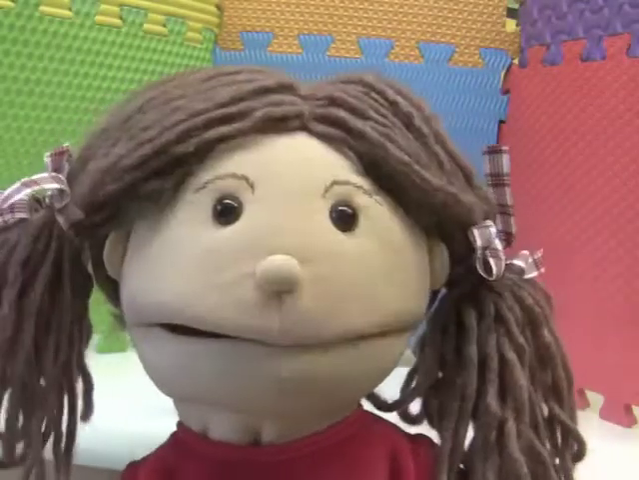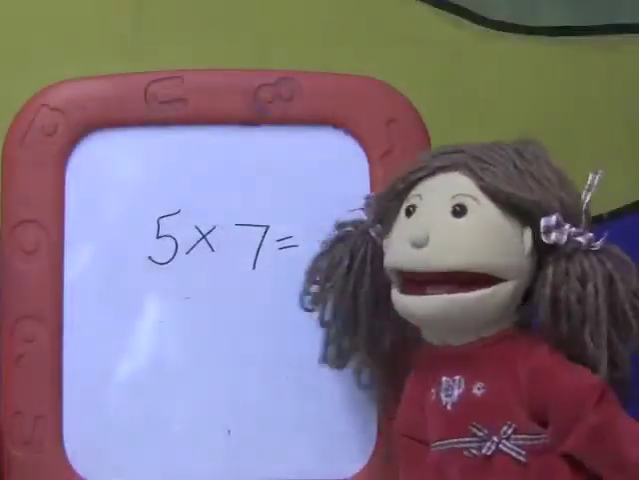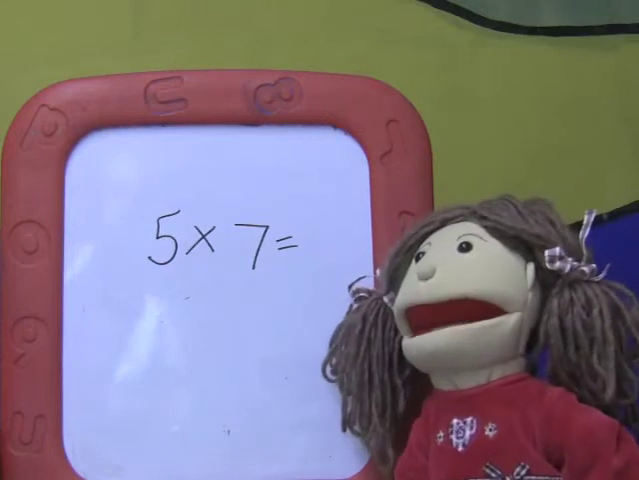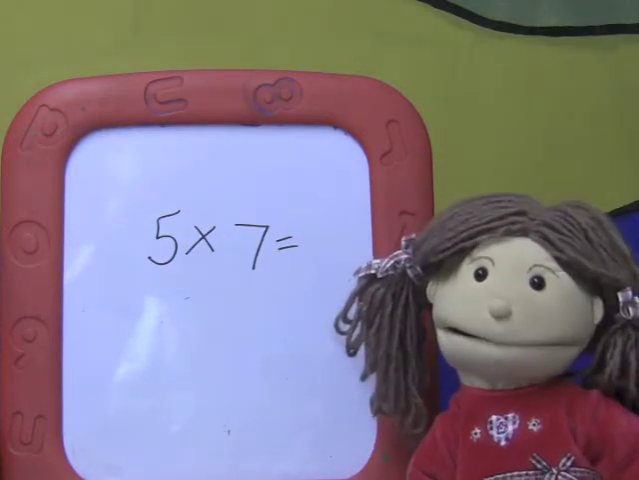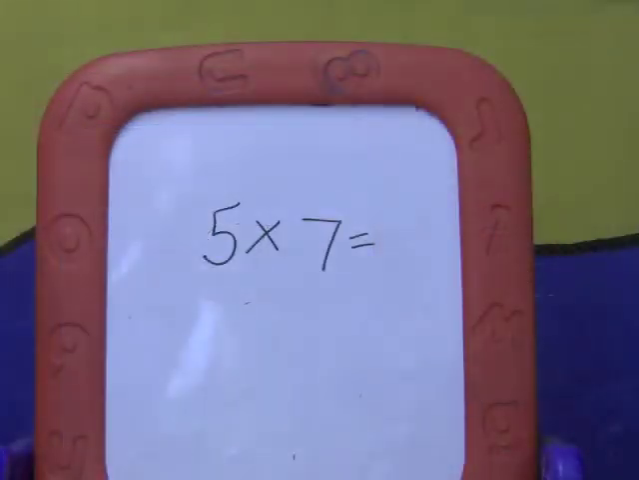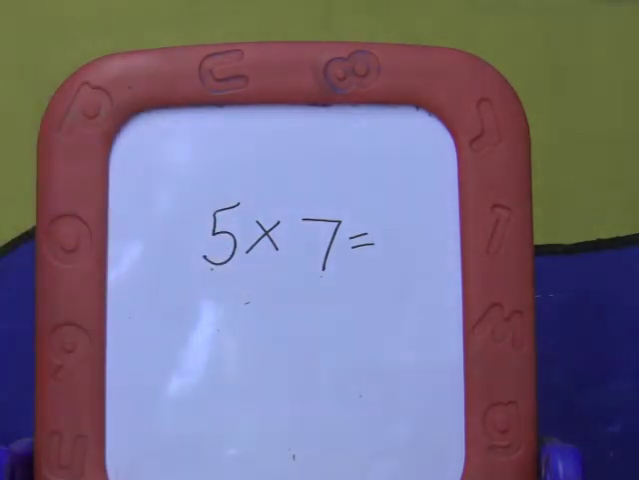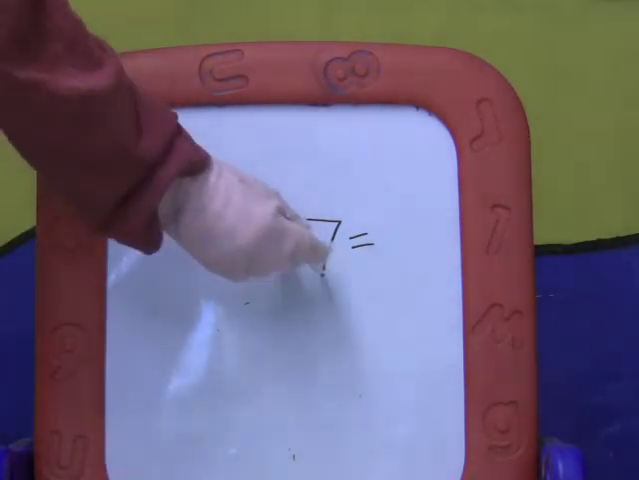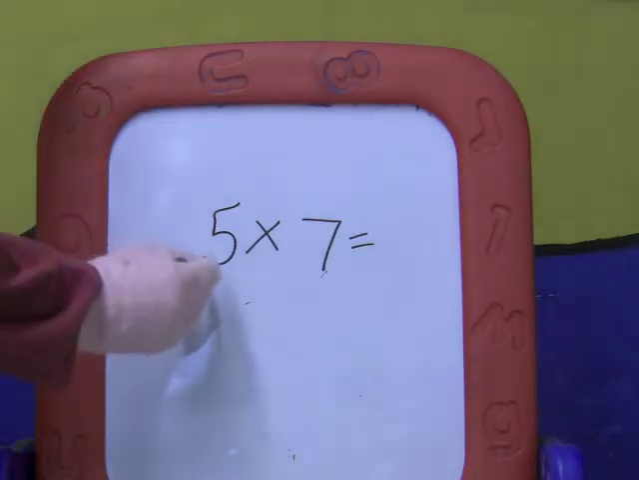Let's go to the blackboard and see how we can use this. Here I've got the sum 5 times 7. I want 5 lots of 7. 5 times 7 means counting 7 5 times. But I'm not very good at counting in 7s, but I can count in 5s. So I'm going to